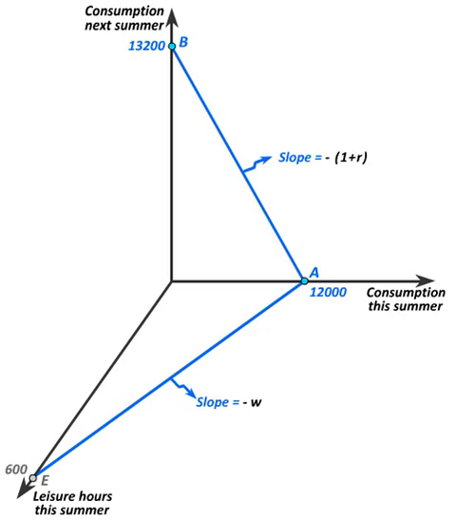In the plane that's formed by the two consumption axes, we therefore get an intertemporal budget constraint, where the slope of that budget constraint is, as always, minus 1 plus the interest rate. Notice that in this plane, bundle A becomes our endowment bundle. This is because if we operate in this plane, we've already decided to give up all 600 hours of leisure this summer, and therefore we already have the $12,000 in income this summer. Bundle A is therefore available to us no matter what the interest rate is, and therefore becomes the endowment bundle if we operate in that plane.